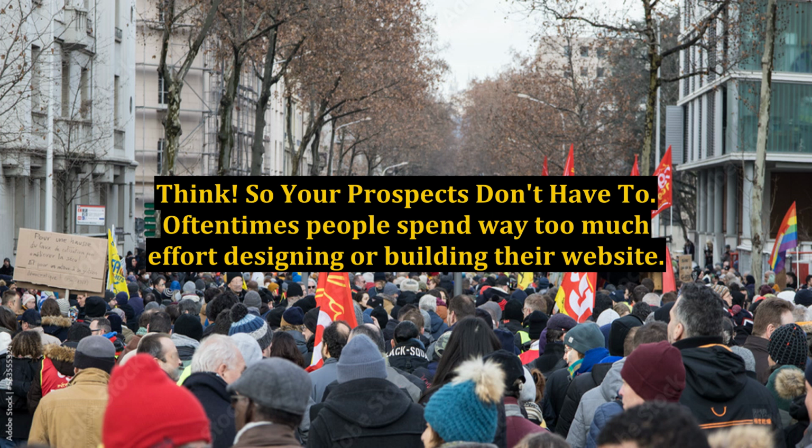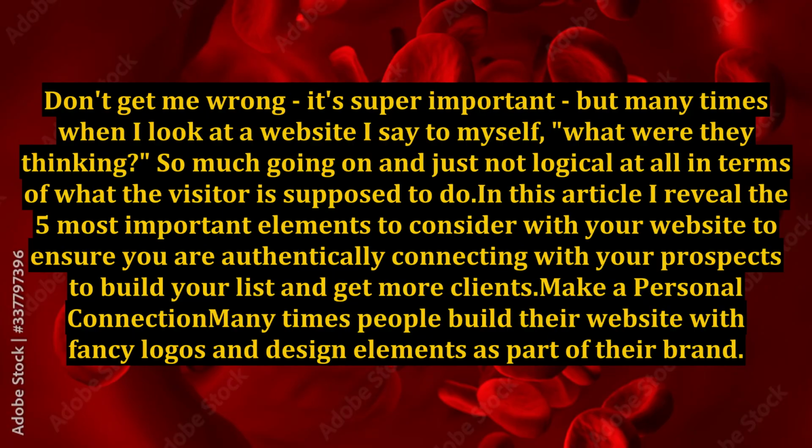Think. So your prospects don't have to. Oftentimes people spend way too much effort designing or building their website. Don't get me wrong, it's super important, but many times when I look at a website I say to myself, what were they thinking? So much going on and just not logical at all in terms of what the visitor